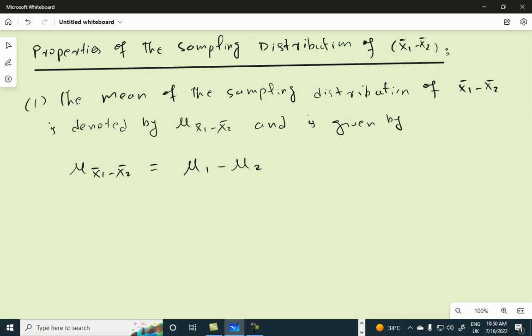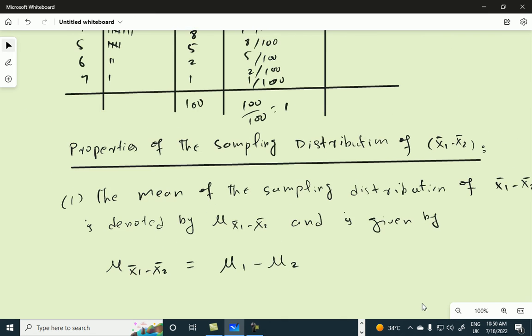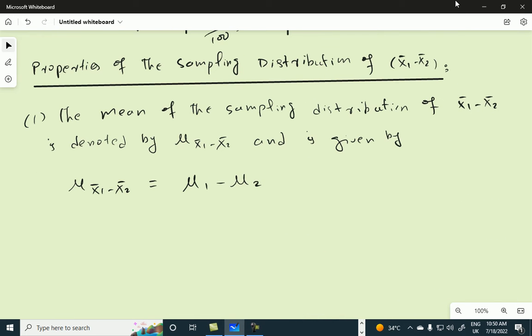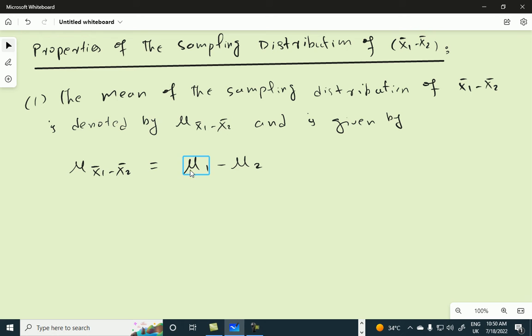So if you want to calculate the mean of this sampling distribution of sample mean, it is denoted by mu x1 bar minus x2 bar, and it is always equal to the difference between two population means, whether you did your sampling with replacement or without replacement. And if you want to verify it, you can verify it by calculating its left hand side and the right hand side. The left hand side is calculated by summation x1 bar minus x2 bar times